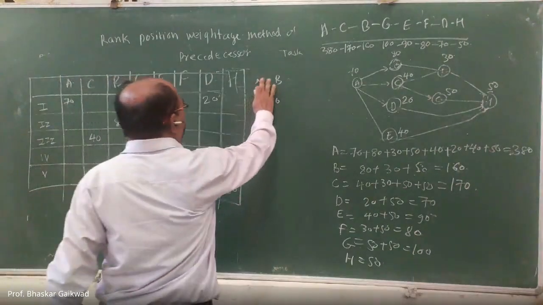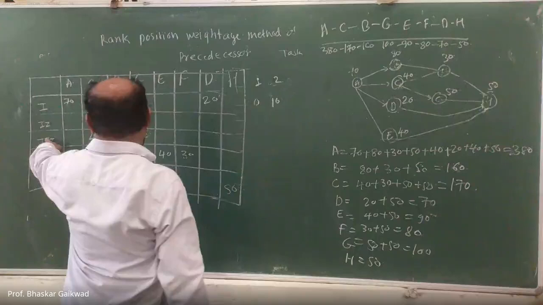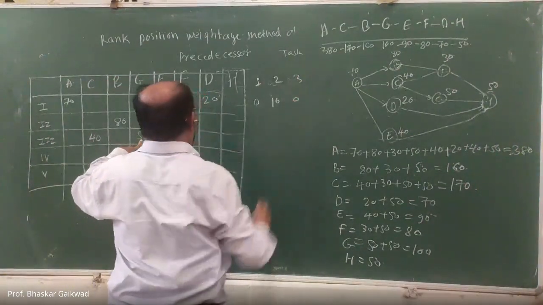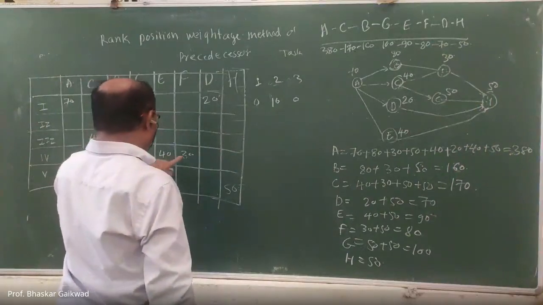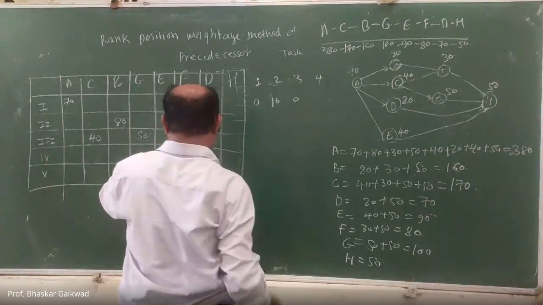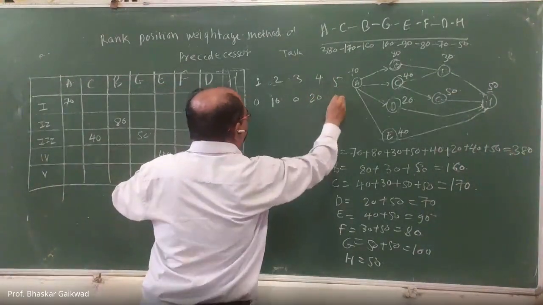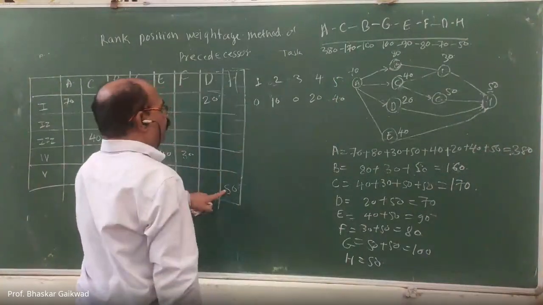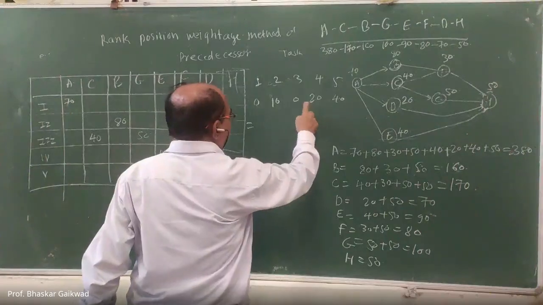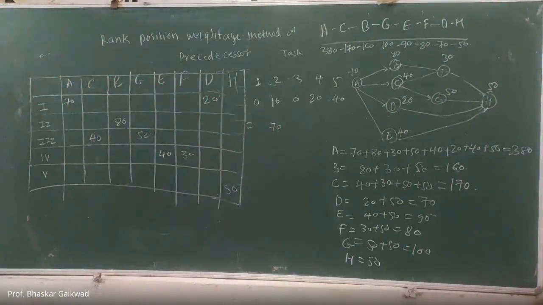So let us take station wise here. Number 1, number 2. Number 3, 40 plus 50, 0. Then fourth, 40 plus 30, 70. So here 80, 90 is here, it is 20, and fifth, how much? 40 will be there. So total idle time 40 plus 20 plus 10, 70. So 70 is the idle time.